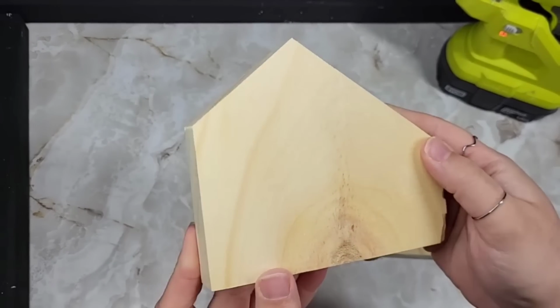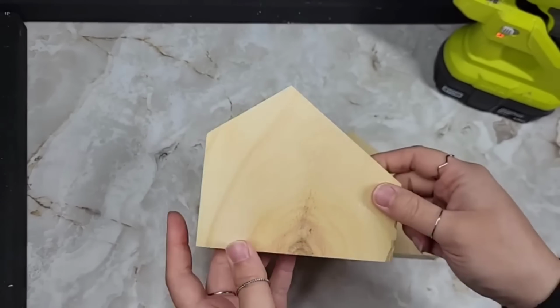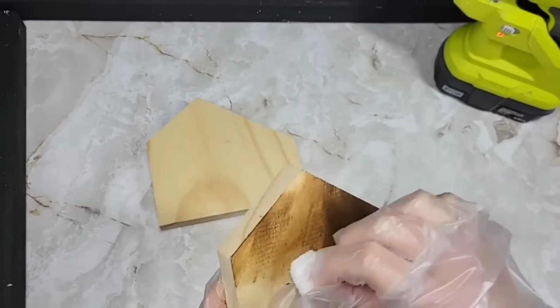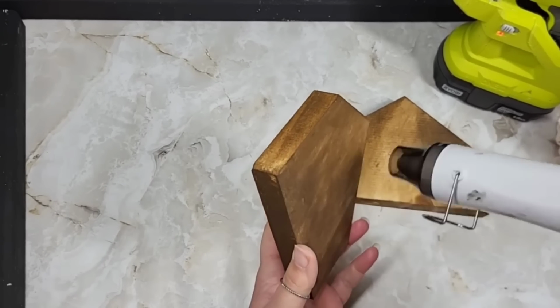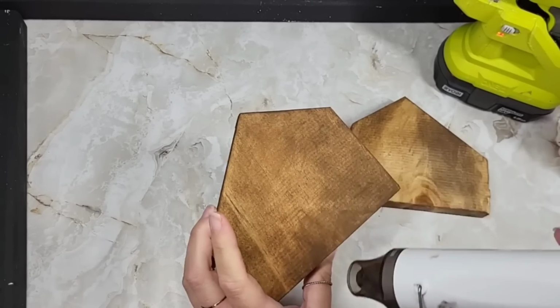Normally with common boards, you should sand them down. They can be a little bit rough, but these were pretty smooth, so I was comfortable just grabbing some antique Waverly wax and giving these a nice thin coat. I used a little bit of water and a paper towel just to stain these on up, and then to speed up the process, I grabbed the heat gun to help me move on to our next part,